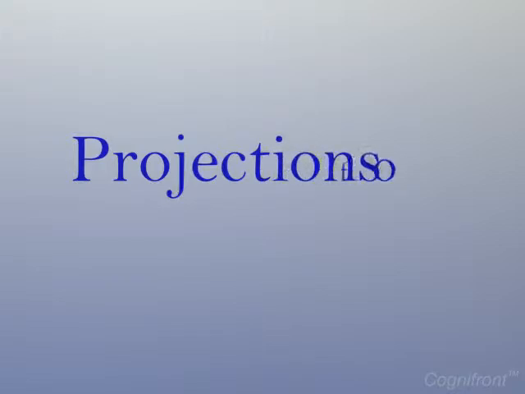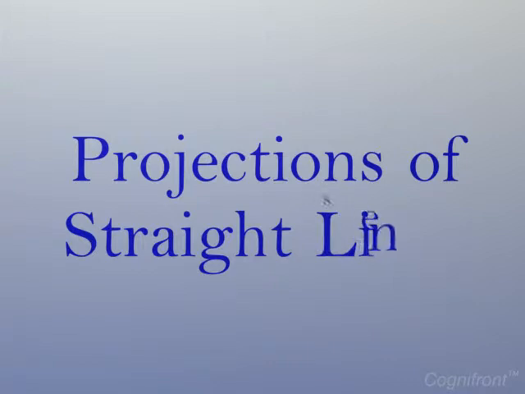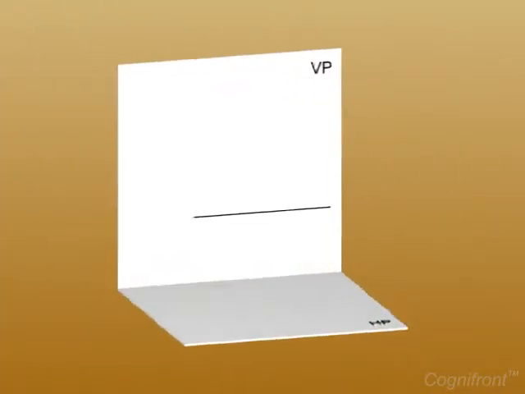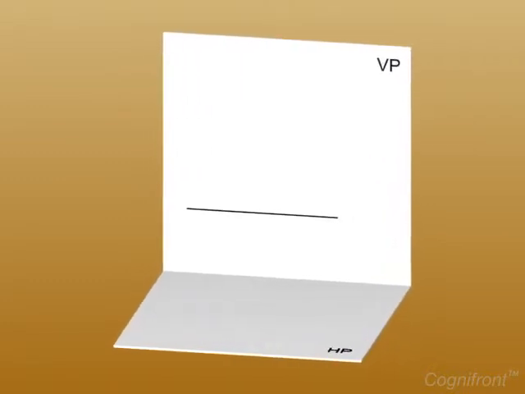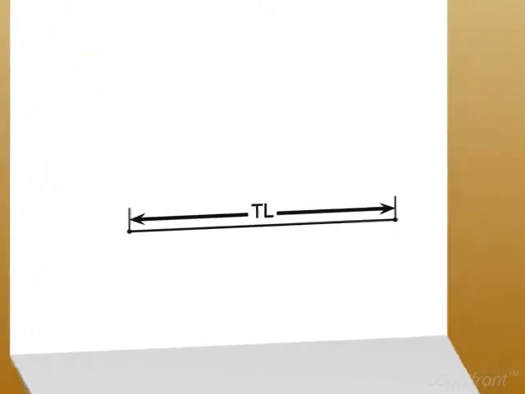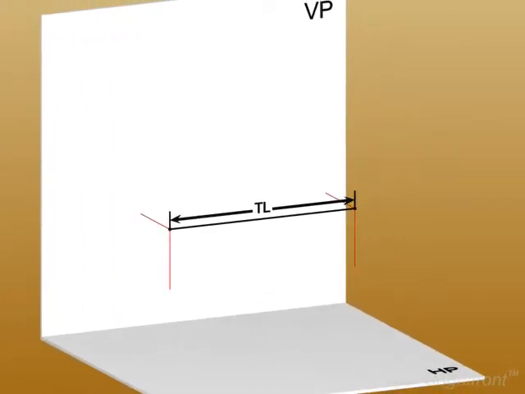Welcome. In this session, we are going to study the projections of a straight line. A straight line is a one-dimensional element connecting two points by the shortest distance, and the length is always a true length, TL. The projection of a line can be obtained by drawing the projections of its endpoints on different